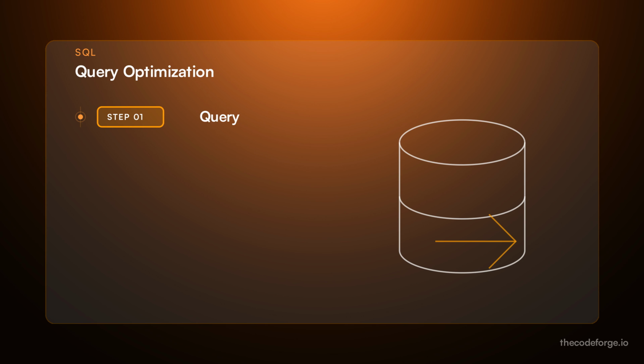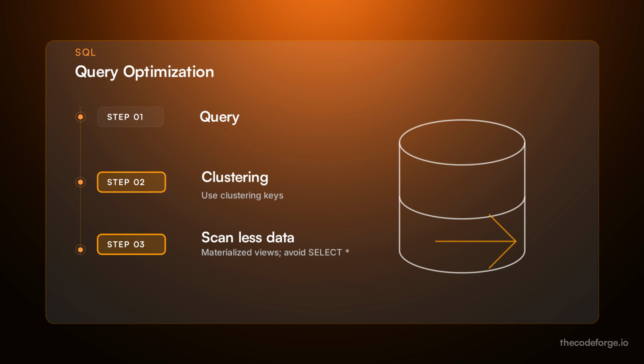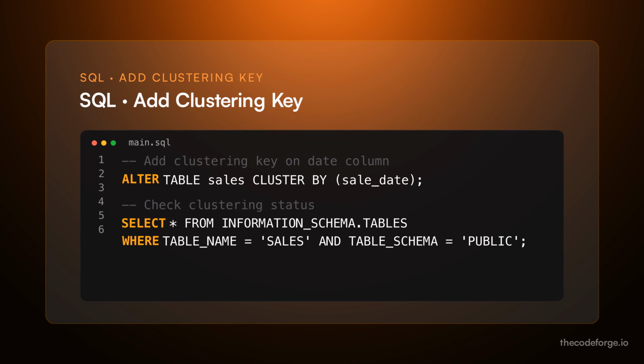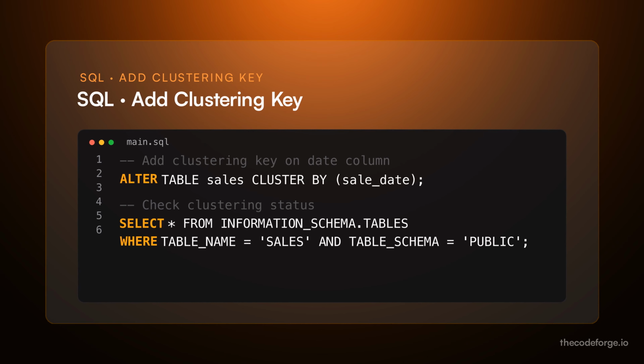Every query starts here. Inefficient queries waste credits. Use clustering keys to minimize data scanned, materialized views for pre-aggregated results, and avoid select star to reduce I/O. This adds a clustering key on the sale date column, which organizes data so queries scan only relevant partitions, reducing